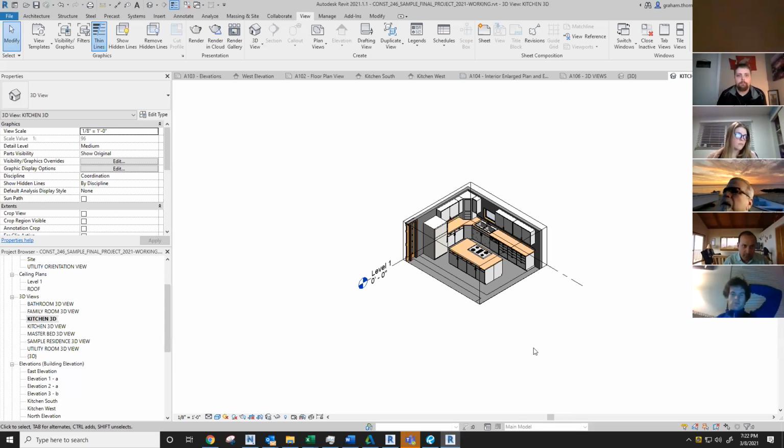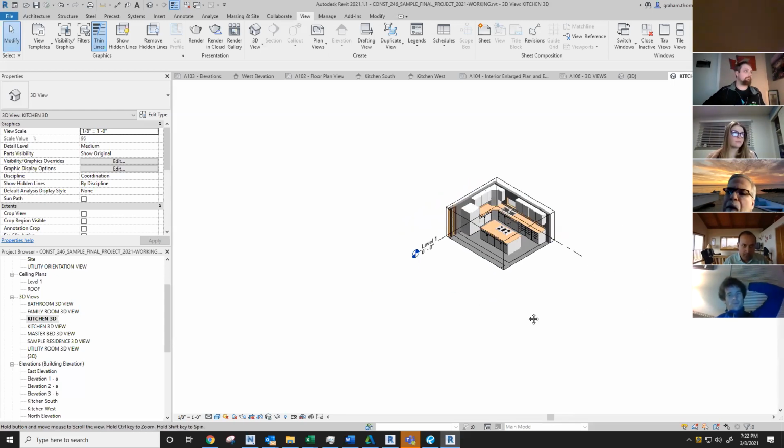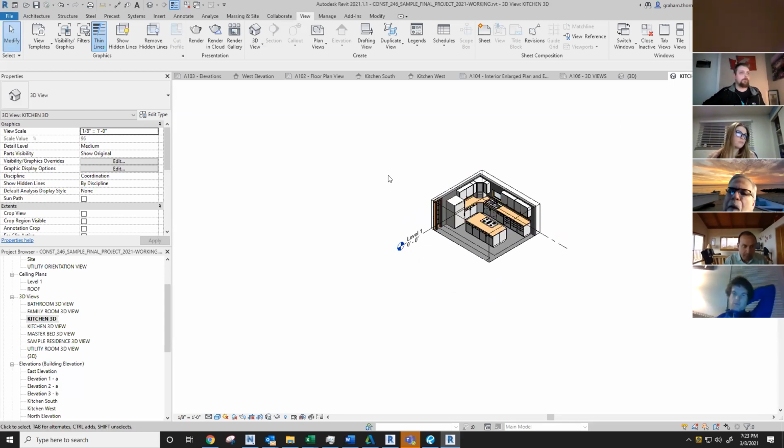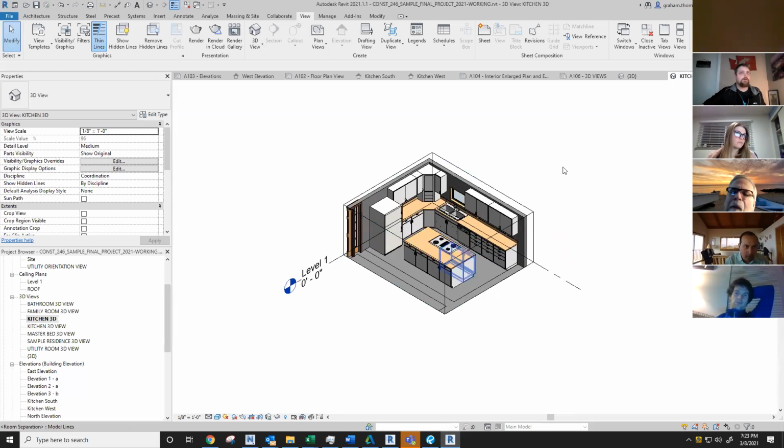Did that work, Bethany? Okay, cool. I was just thinking sometimes you end up with level 2 above your call out, so you may have still had to hide a ceiling or something, but sounds like you're good. So now that you've created a little 3D view,